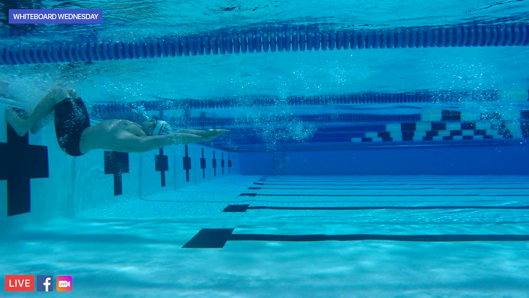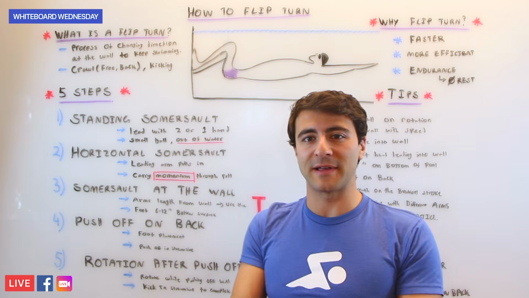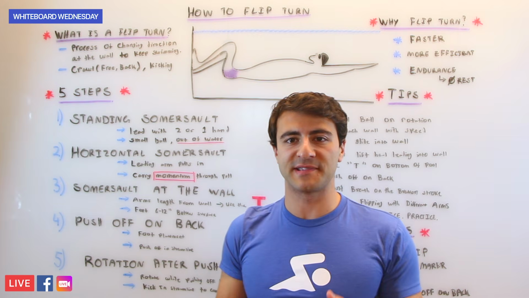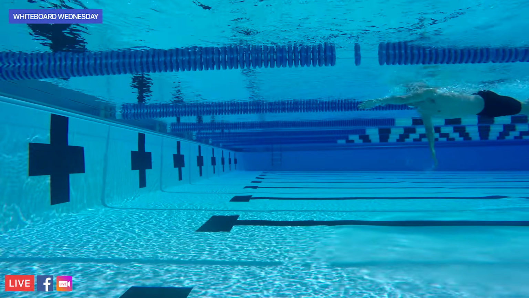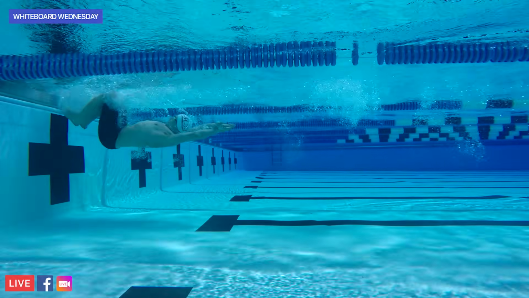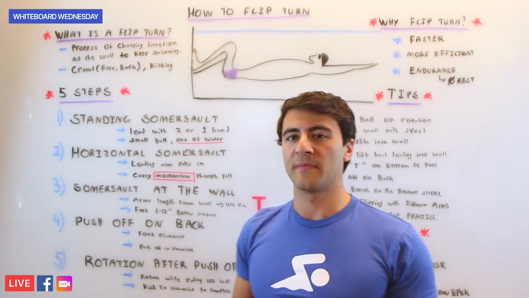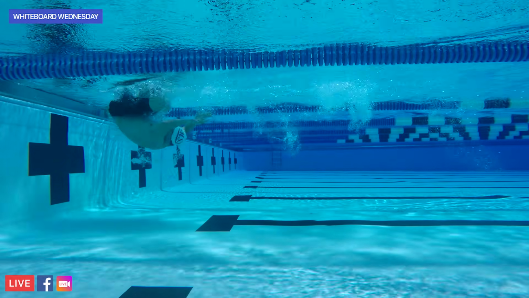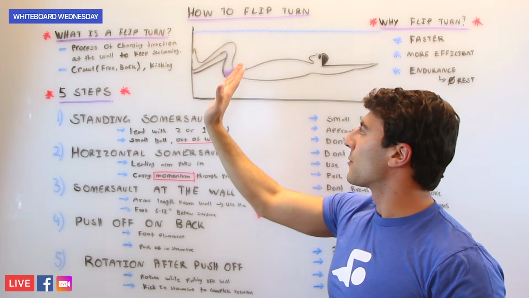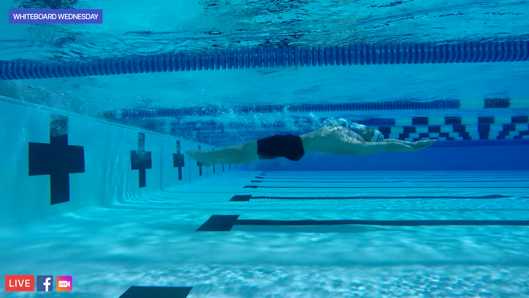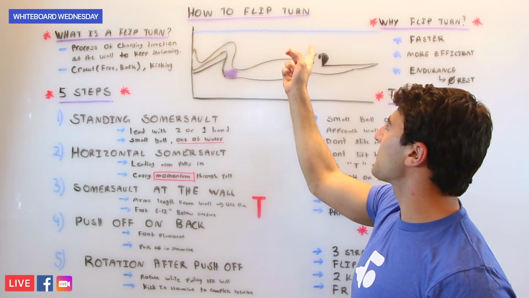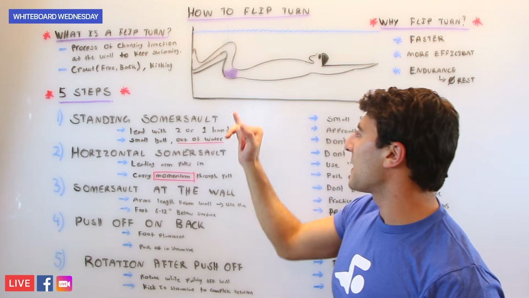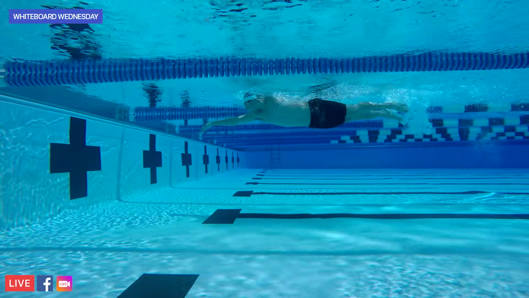The great thing about doing a somersault flip turn with freestyle specifically is that after you do the pull, your hands and your arms are already in a streamlined position, so all you'll have to do is push off. So once you've accomplished step 3, step 4 is actually pushing off the wall. You're going to approach the wall, take your last stroke that's going to pull you in for the flip. You're going to be in this position with your feet and your toes pointing to the top of the water. You're in a streamline. You should be able to see through the water and look at the ceiling or the sky if you're in an outdoor pool. And then you're actually going to push off on your back, and you're going to streamline kick.